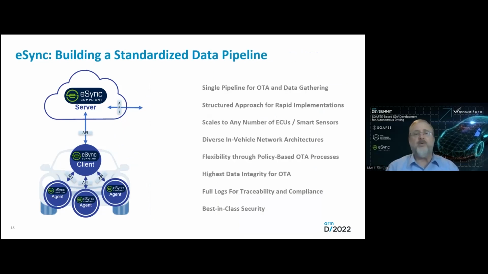With eSync, we can create a single pipeline for both OTA updates and data gathering. It's a structured approach, as you see, for rapid implementation and for high reusability. It scales to any number of ECUs or sensors in the vehicle. We have now 7 different automakers deploying vehicles with eSync, some 14.5 million vehicles in those programs. And we have vehicles with as few as 1 device and vehicles with as many as 65 devices or more